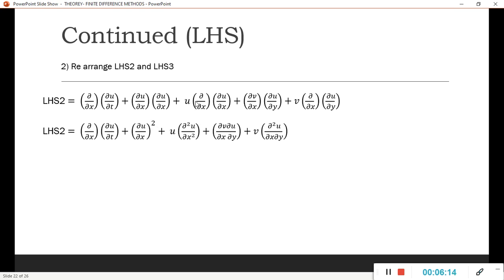And this particular term, when combined, becomes ∂²u/∂x², and this term becomes multiplied together, ∂v ∂u divided by ∂x ∂y, plus again we have the v velocity and ∂²u/∂x∂y. So that's the rearrangement for the left hand side 2, momentum equation 2,